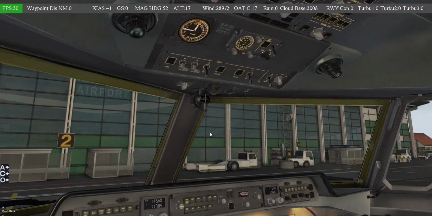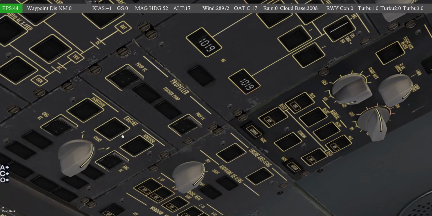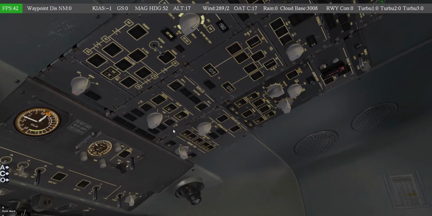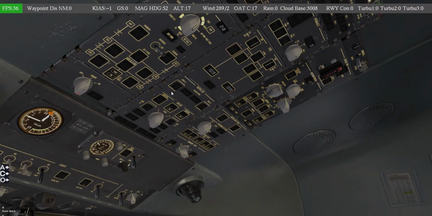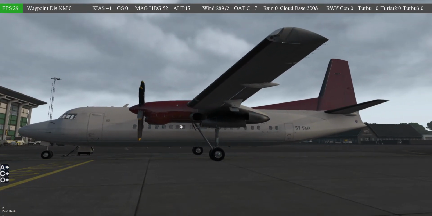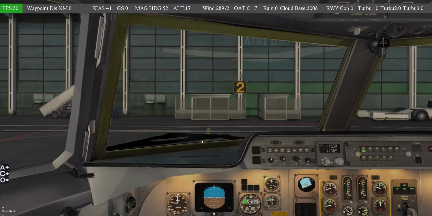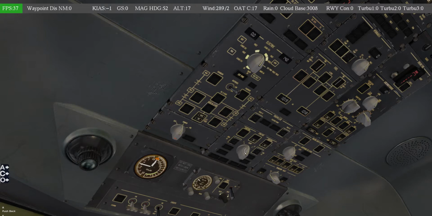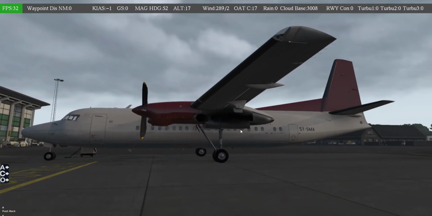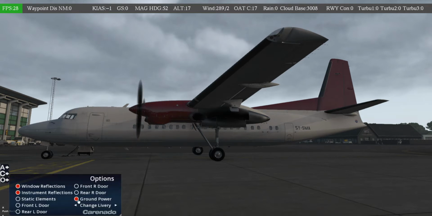Okay, so let's start the right-hand engine, and we are doing it this way. There we go. And we can hear the engine, and we can see as well things are happening here on the right-hand side. And then we can just switch it to the left-hand engine and see that start, and switch off the ground power unit,